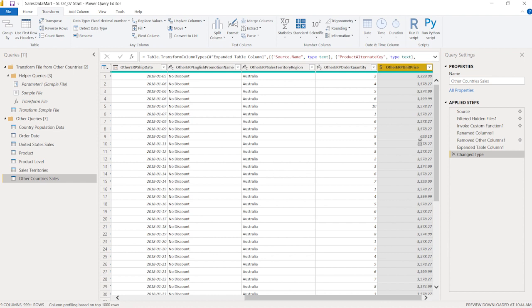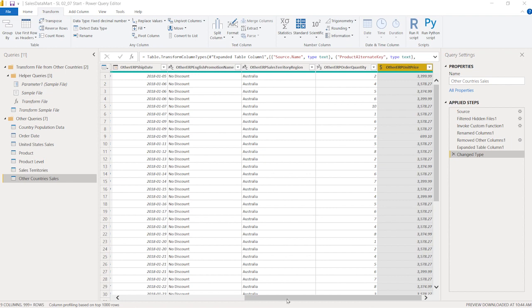Now keep in mind the error that I'm going to try and trip here is later on in a subsequent sublesson, we are going to append the other country sales and the United States sales together. Keep in mind that we now have two different data types on the unit price columns across both these queries. I purposefully left them broken so we can show you some of the benefits of naming standardization and data type standardization early on in the process. Okay, so now that we've got all the data types set the way we want,